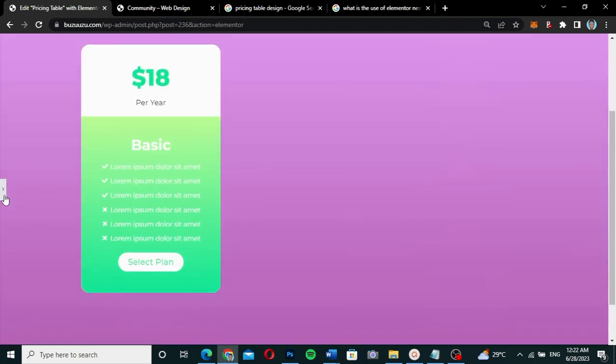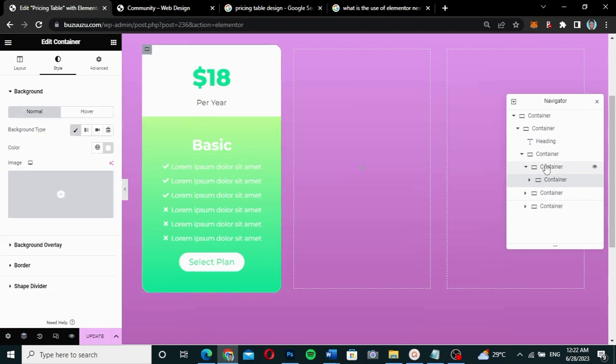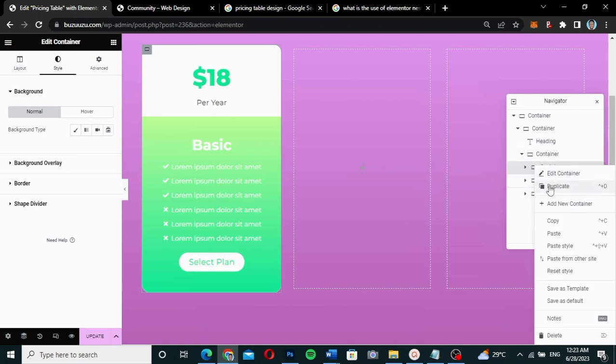Now all we need to do is just duplicate what we've created. So how do we duplicate it? As you can see, this container is within this particular container. So we have this container inside this container. That's exactly what it is. Now I'm just going to duplicate this whole thing. I'm going to duplicate the first one,